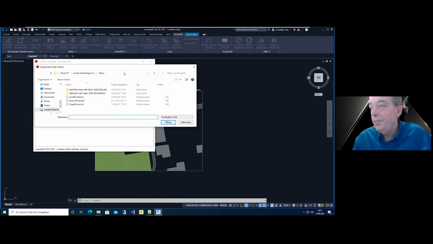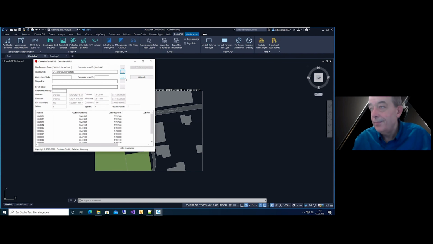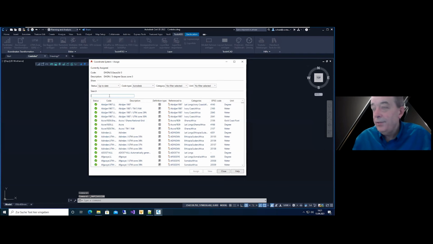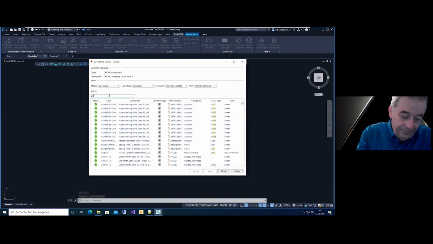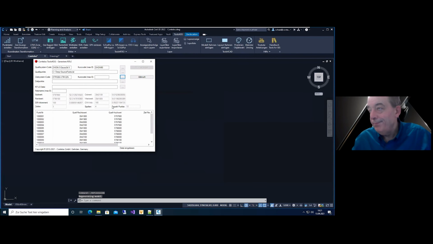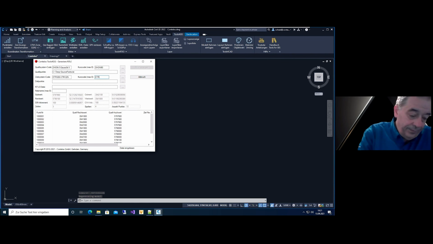Now I can give it the source points, and the coordinate system for the target. I use the ETRS89 UTM and also a short code.